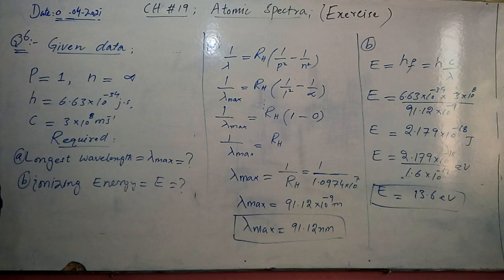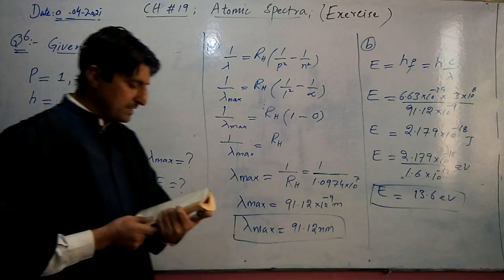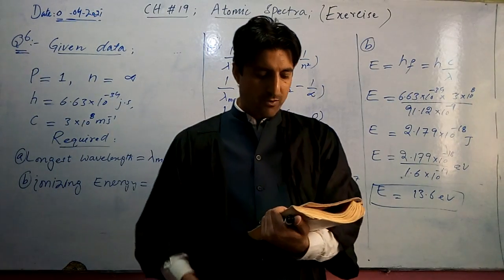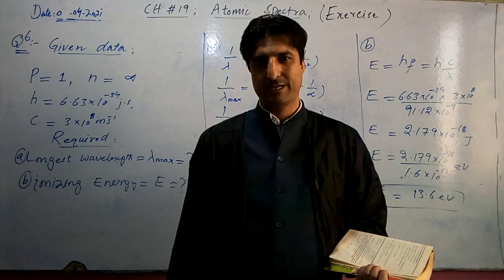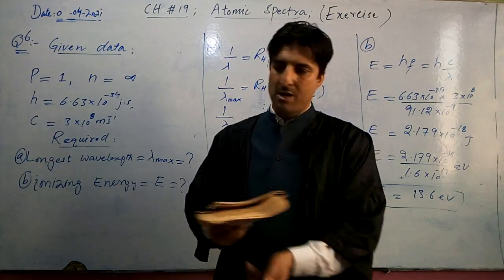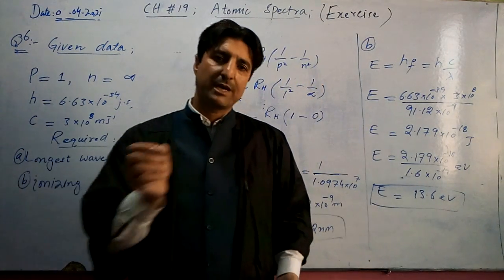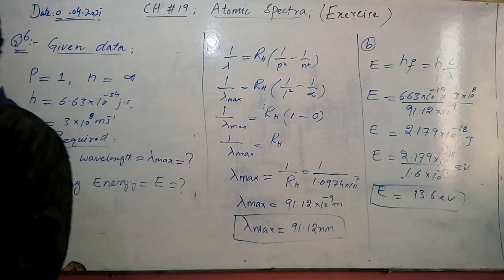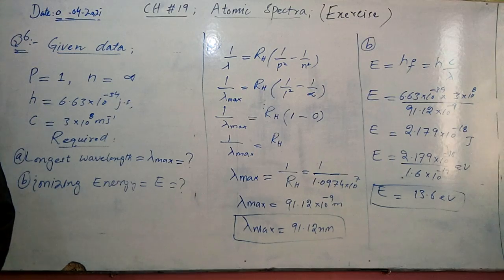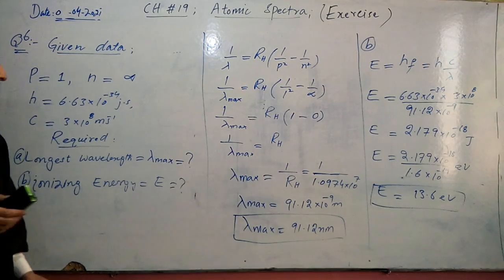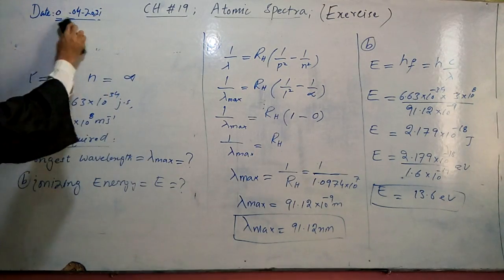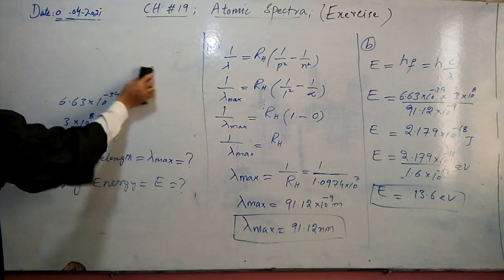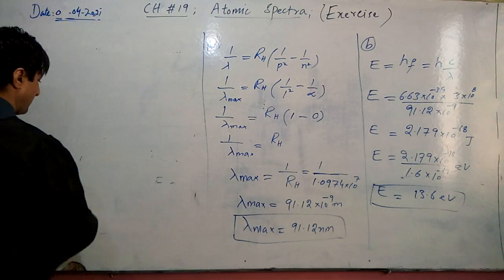So, dear student, in question number 7, it is stated: calculate the radius of the innermost orbit of the hydrogen atom. Very simple numerical. We have to calculate the radius of the innermost orbit, or the first orbit, of the hydrogen atom. So how to calculate? For radius, we know a formula. Let me write the data from the statement.